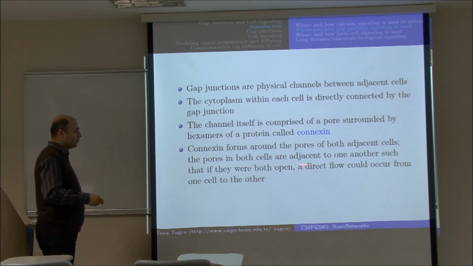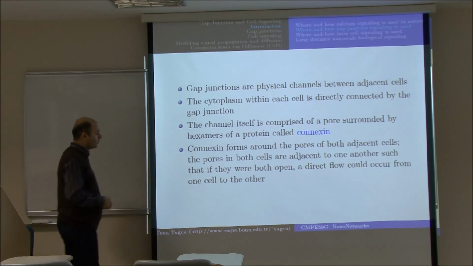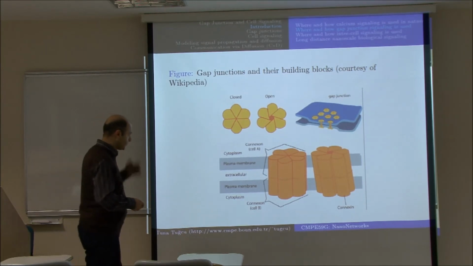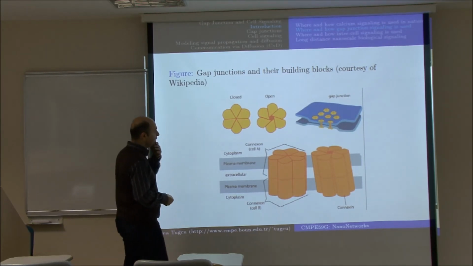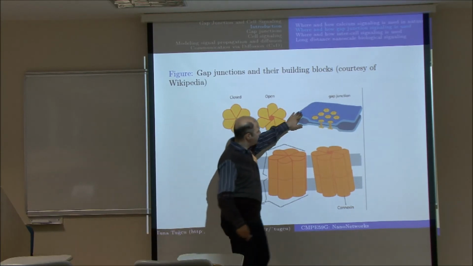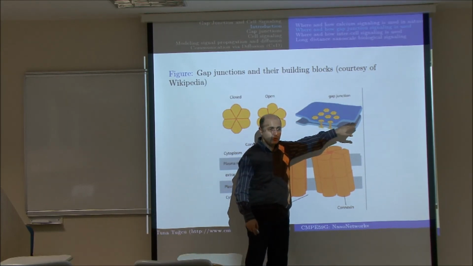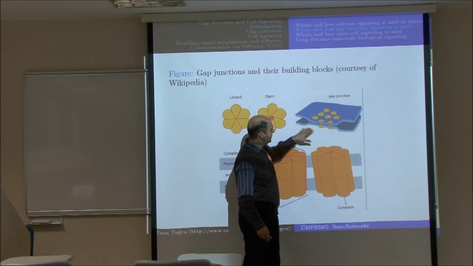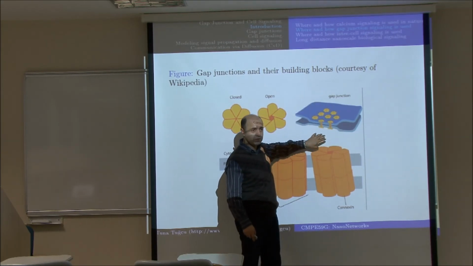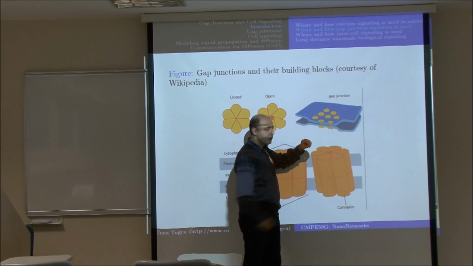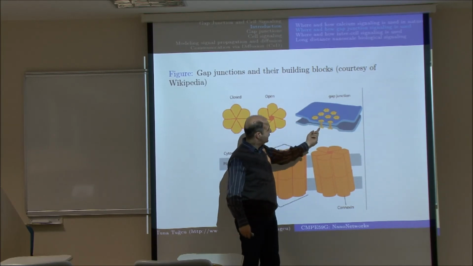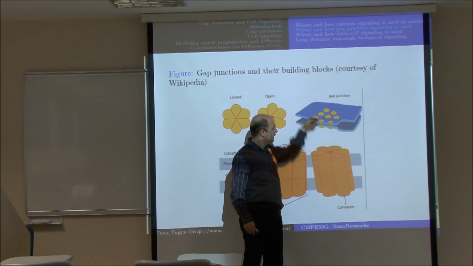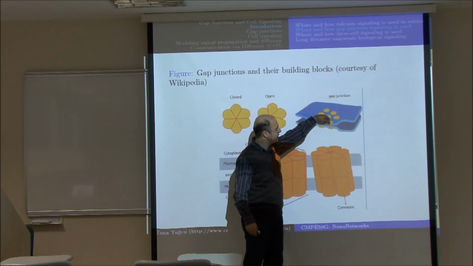And if they're both open, a direct flow could occur from one cell to the other. So it's like this. There are multiple representations of this, but consider this layer above to be the cell membrane of the cell here, and this is the cell membrane of the cell here. Just a small portion of it is in focus. So this one has its gap junctions here, and this one has its gap junctions aligned